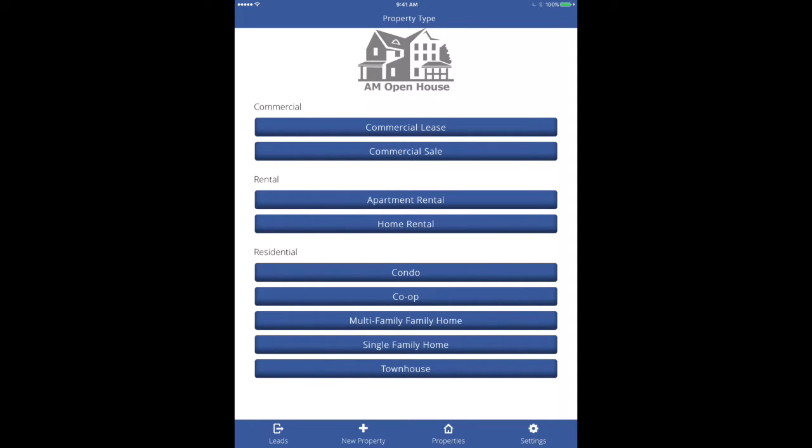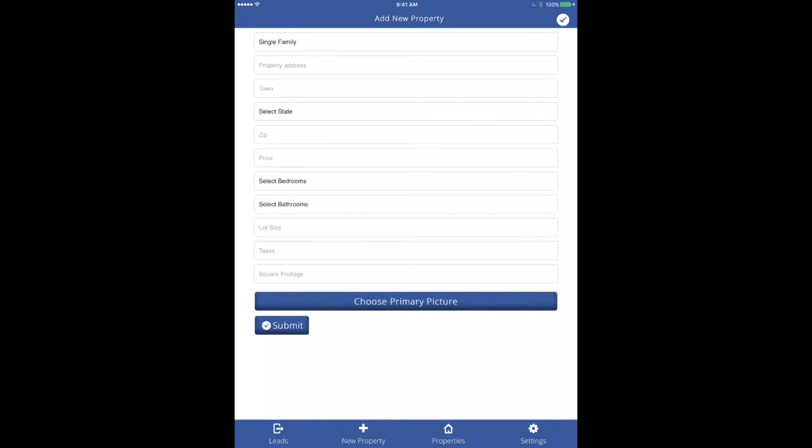So we're going to do an example for a single family home here just to show you what it looks like. And as you can see, we don't ask for too much information here. This is just the information we need to generate all the other things about the property. So once you've gone ahead and filled in all the information here, you can go ahead and click this Choose